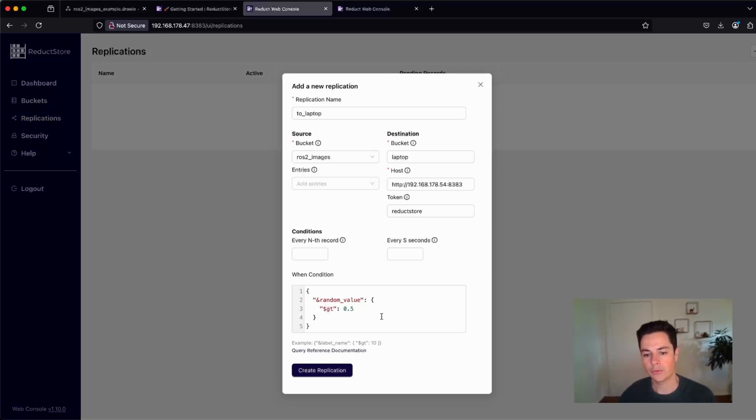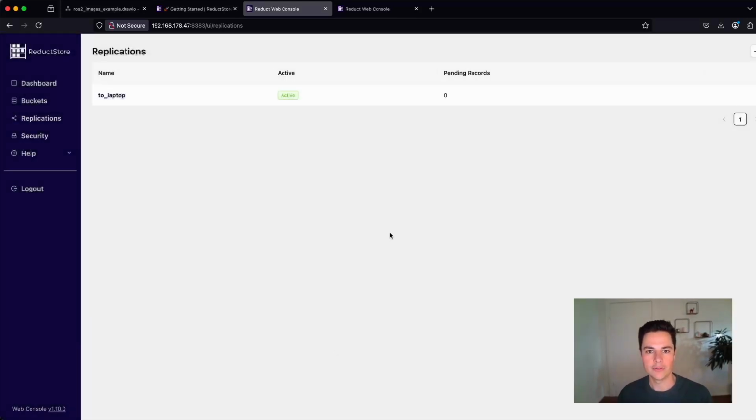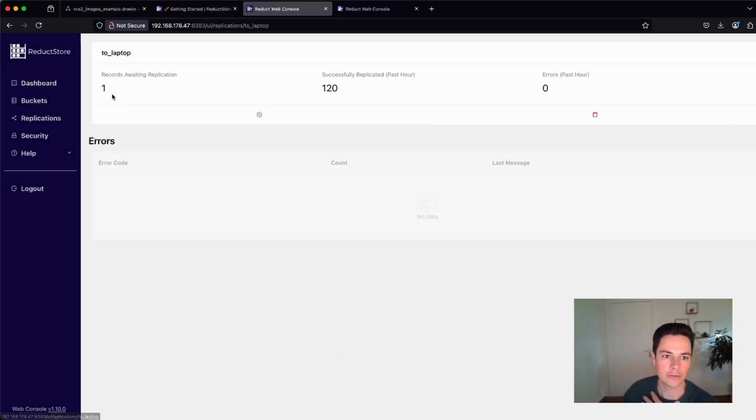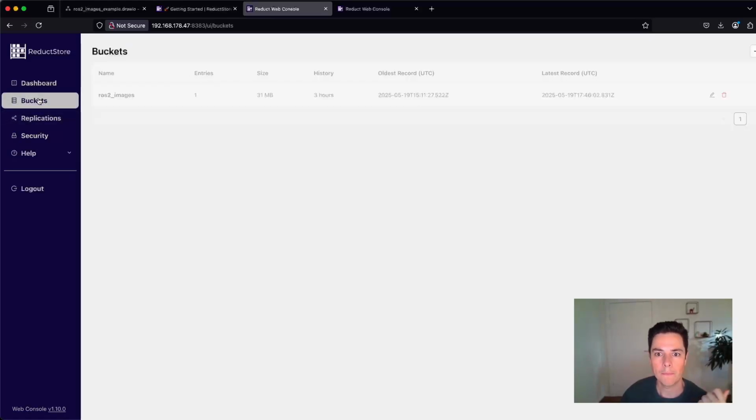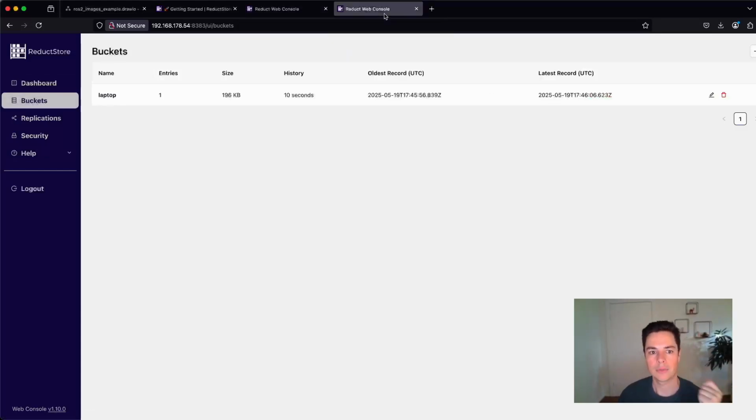So here, let's say we want to replicate only critical images, as we can call them, when the random label value is greater than 0.9. I create the replication task, and now the replication task is active, there is no error,